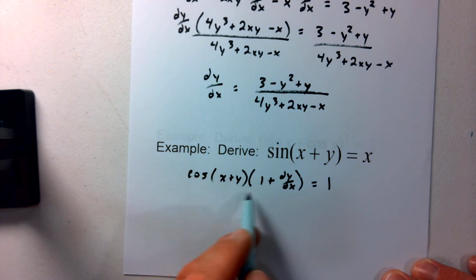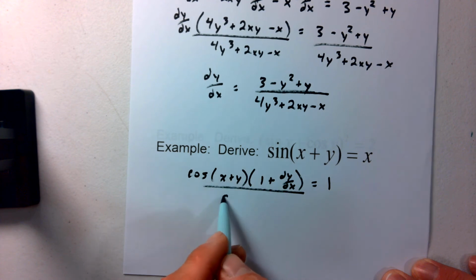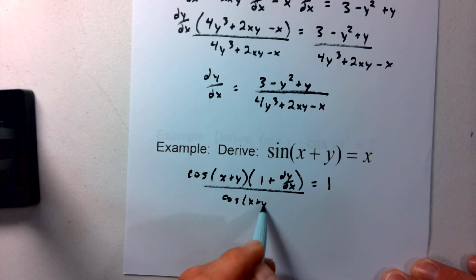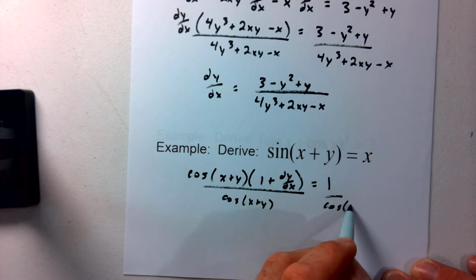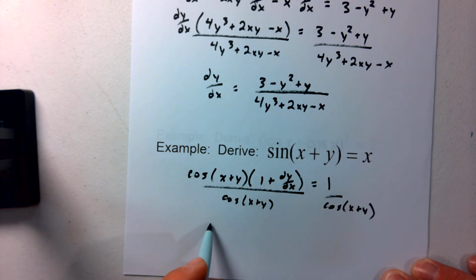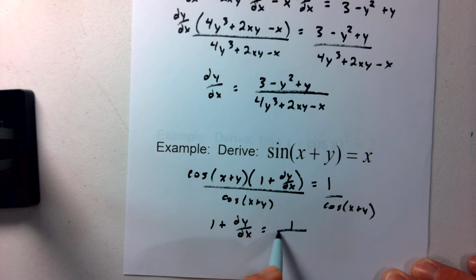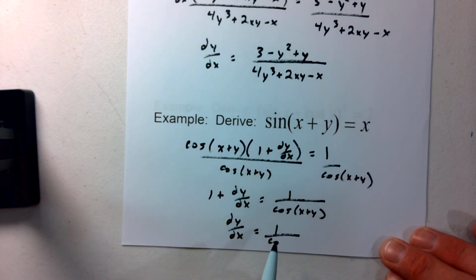So to peel things away, I'm going to divide by the cosine of x plus y on both sides. And I end up with 1 plus dy/dx is going to equal 1 over the cosine of x plus y. I can subtract my 1 to get dy/dx by itself. So I get 1 over the cosine of x plus y